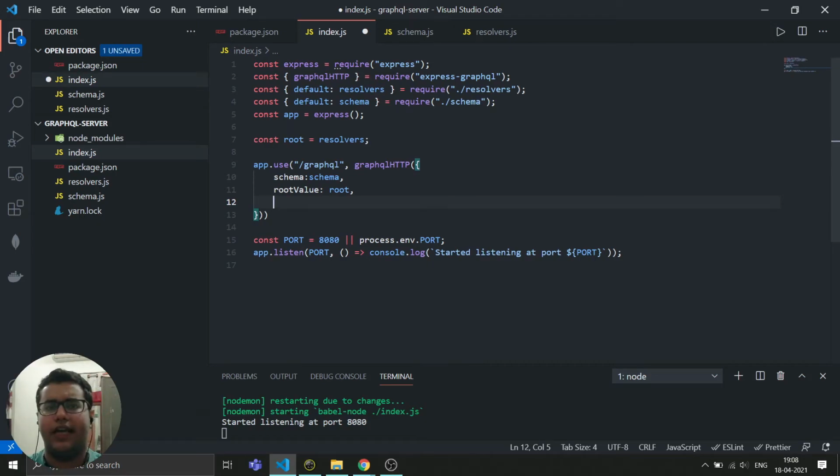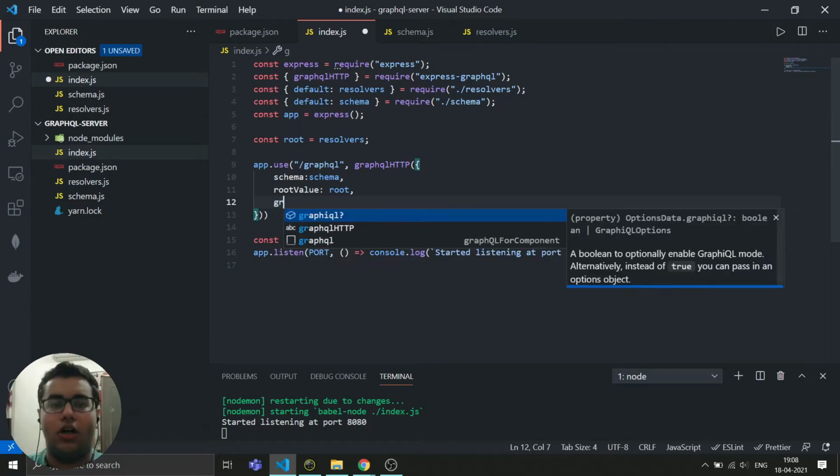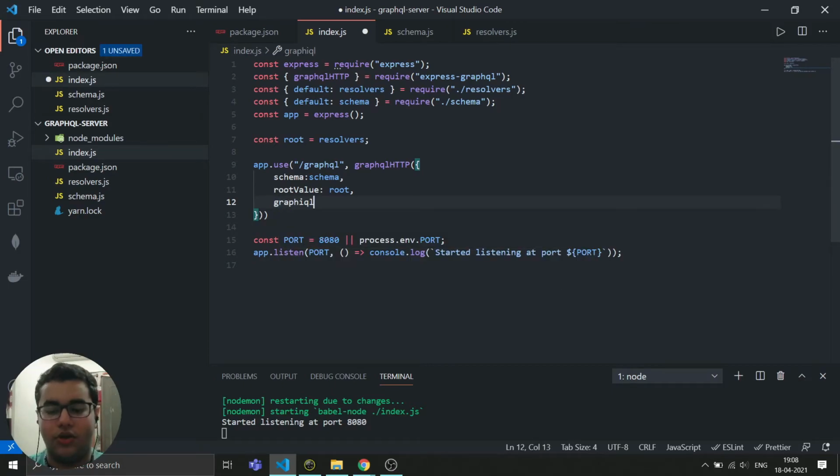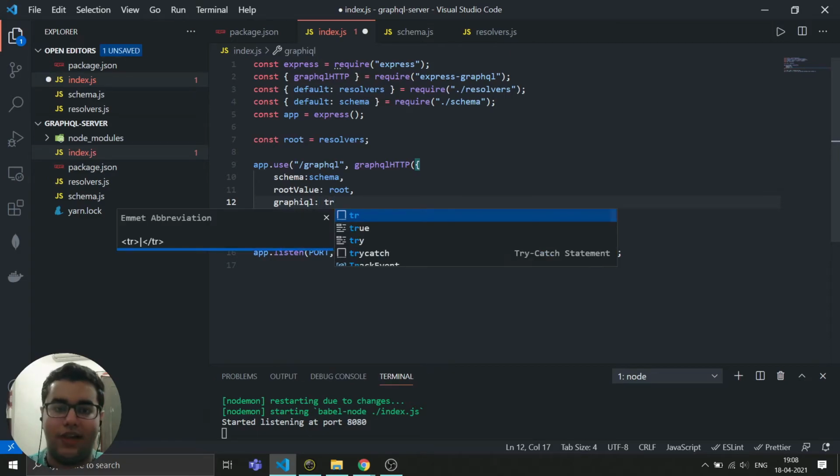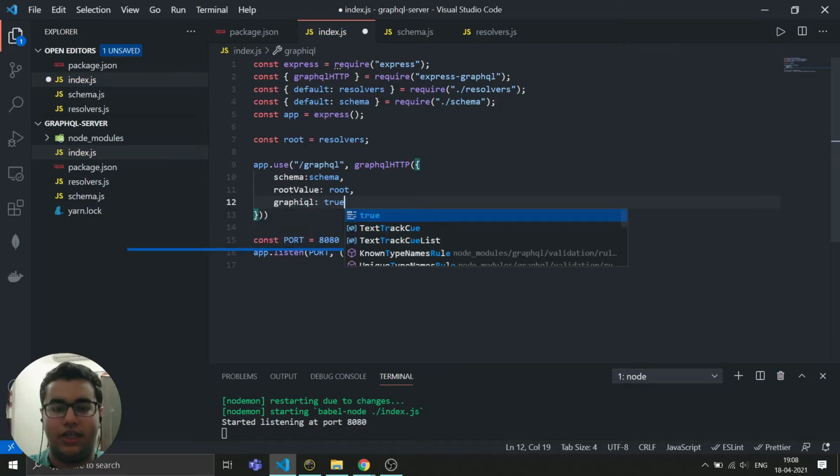We will be getting a GraphiQL interface that we can use to write our query, mutation, everything. We don't need Postman like we do in the case of REST API. GraphiQL will do everything for us. So I have to turn the flag true so that we can see it over there.